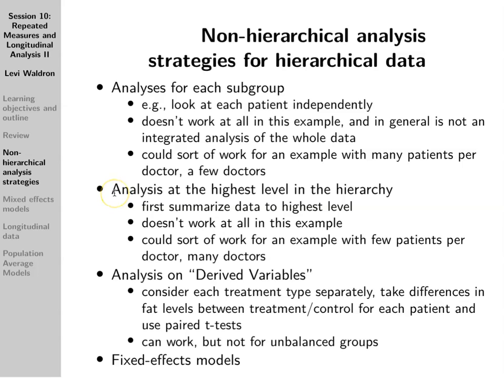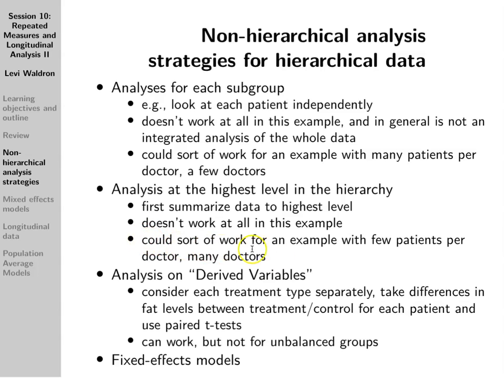A second approach would be analysis at the highest level of the hierarchy, meaning summarize the data to the highest level, such as by the mean. So in this example, it would mean taking the mean for each participant, which doesn't work at all because there are 4 different treatments for each participant. But you could imagine that if these were just repeated measurements and you had, say, 2 or 3 or 4 repeated measurements under the same treatment for each patient, then maybe you could do it. You could just average those together